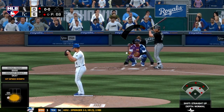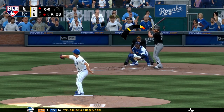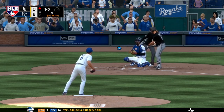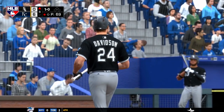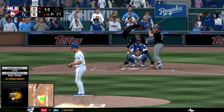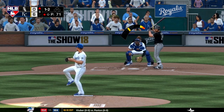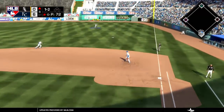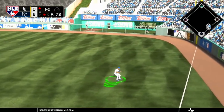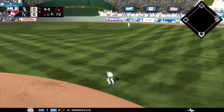A little bit later in the game now. It's the top half of the 6th inning. Already 1 out as Matt Davidson is in the batter's box for the White Sox, and the pitch to him to start things off is outside for ball number 1. He's already struck out twice in his 2 at-bats today. And the count runs 1-2 now. Duffy sets and delivers. That's going to be driven out opposite way. It's going to land down for a single, and Davidson has himself a base knock here with 1 out for